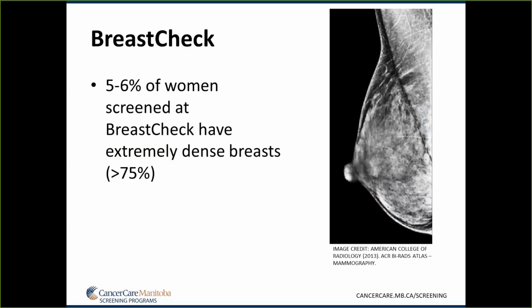In BreastCheck Manitoba, we only have the two categories of classification. Our extremely dense breast, greater than 75%, represents 5 to 6% of our clients. The prevalence of BreastCheck Manitoba women with extremely dense breasts is slightly lower than the literature estimates. Some possibilities for this include two factors. One is that it may relate to differences in the relative proportions of certain ethnic groups, and also our age